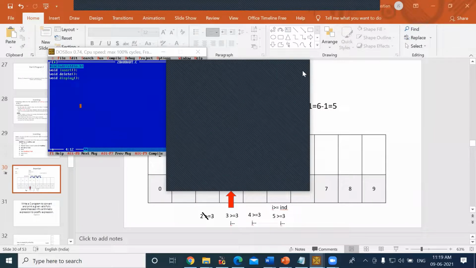Aryan Kumar? Aryan. What are the arguments we need for the insert operation? Aryan Kumar.